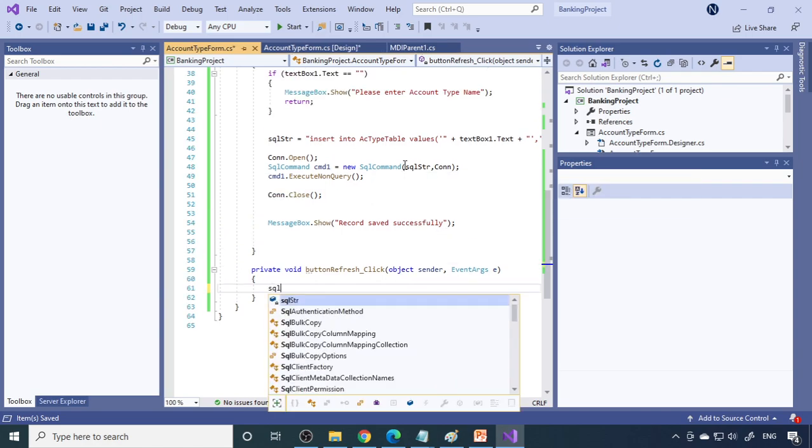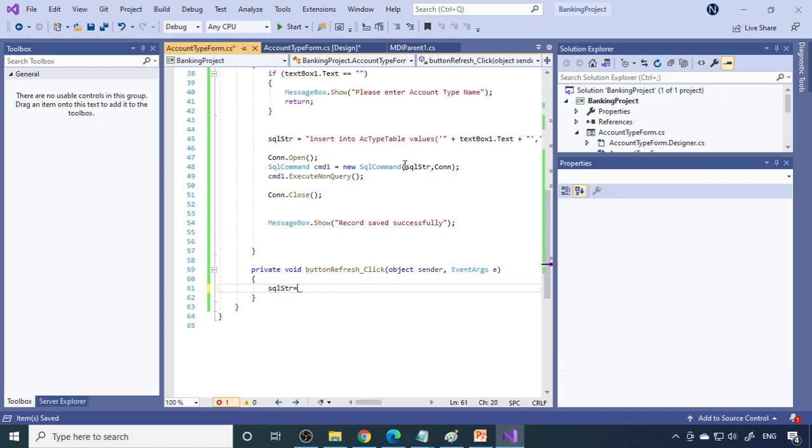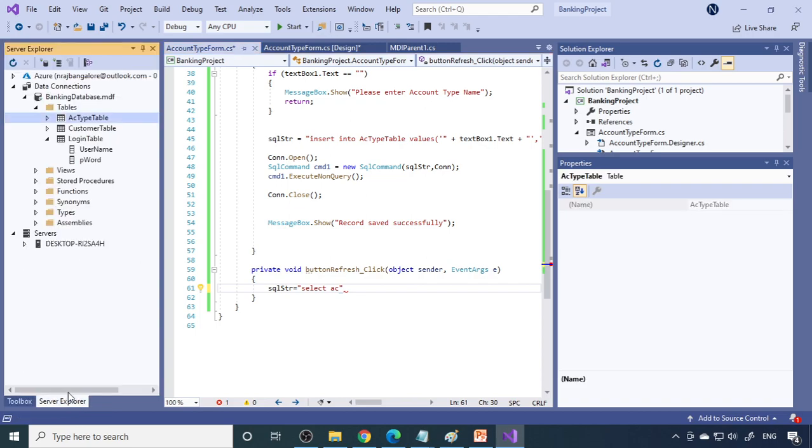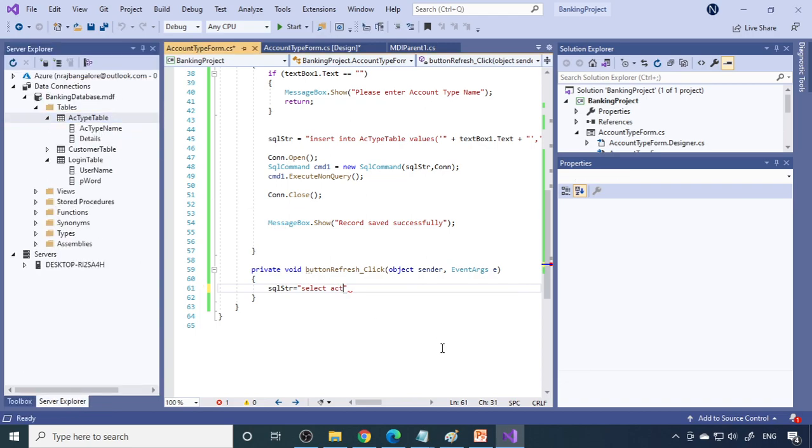you can take a variable SQL str, then you write a select statement, select account type name. So here is the type name, account type name. SQL is not case sensitive, therefore you can write from account type table.